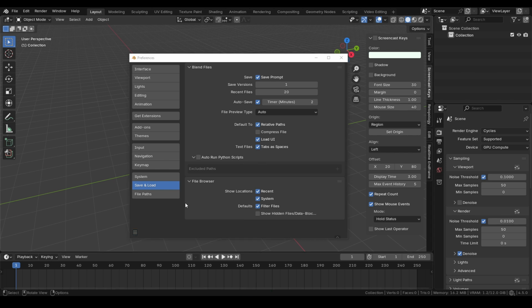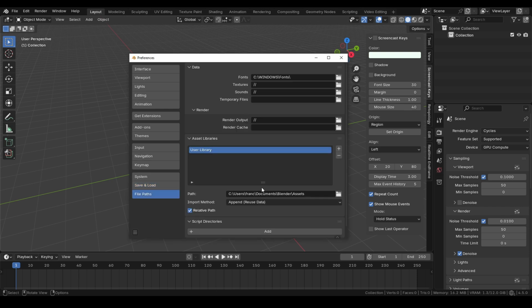If the autosave checkbox was already enabled, Blender has been saving recovery files for all the projects you've worked on so far. To see where they've been saved, open the File Paths tab in the Preferences window and look for the temporary files path. If the field is empty, it doesn't mean the files weren't saved. It means they're located in your system's temporary files folder.